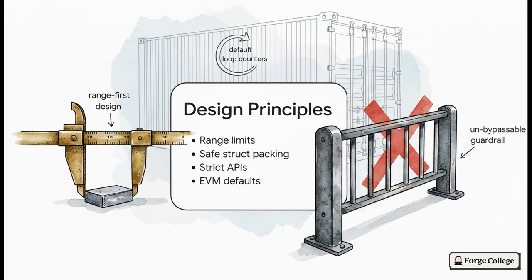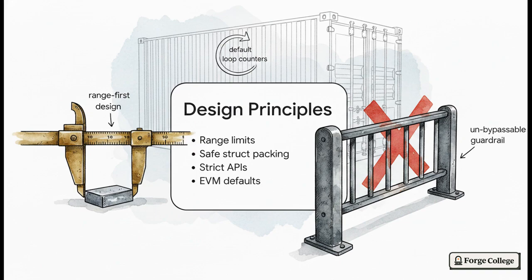You should always apply a range-first design to pick the safest minimum width. Figure out the realistic minimum and maximum, and build the container to match. Next, keep the default 256 bits for things like array indices and loop counters to avoid unnecessary conversion costs at the EVM level. And lastly, build strict APIs. If an external function shouldn't accept negative numbers, force the caller to use a uint. It acts as an immediate, unbypassable guardrail for your contract